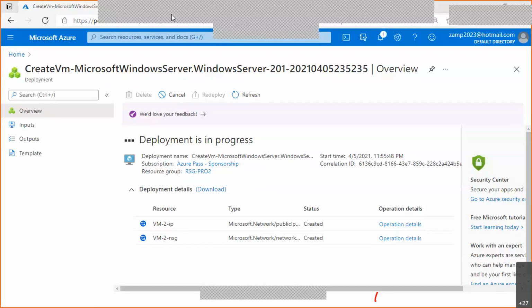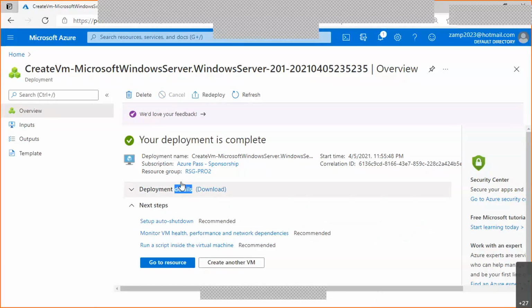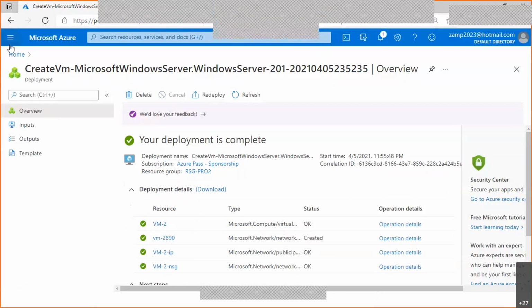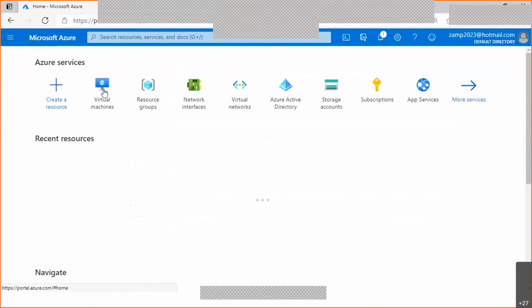So guys, you can see the deployment is successfully done. So you can observe guys, our virtual VM2 is created. This is the NIC name, 2890. This is the public IP, this NSG guys. Okay. So if you go to the virtual machine,